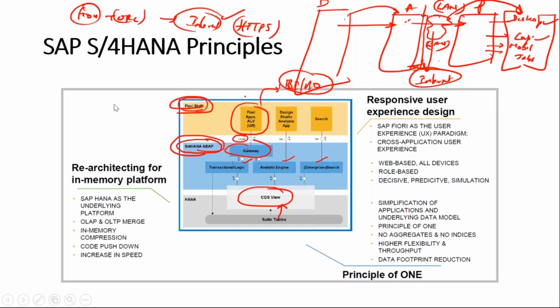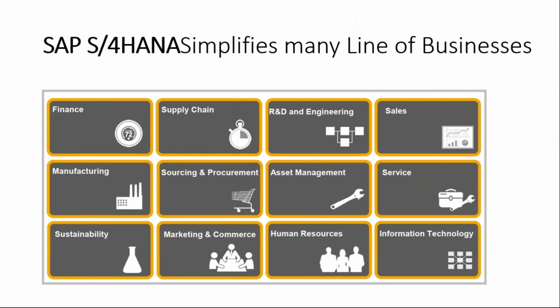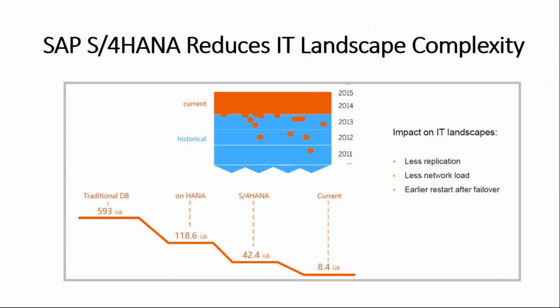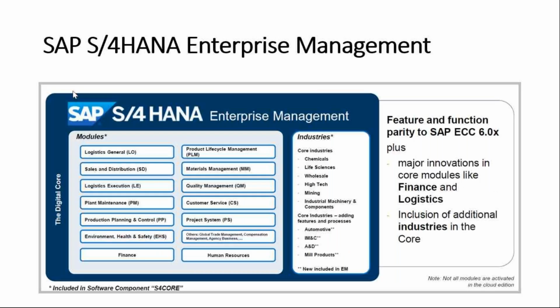I'll be discussing in detail what additional components help, but as of now, in a simpler way, this is how the entire analytics works. Okay, so this was a line of business. As I said, I've already discussed how the database sizes have been shrinking, and by 2025, they said they'll be coming out with S/4HANA 25 as an event-driven model. So the database sizes would still come down to 8.4 GB.